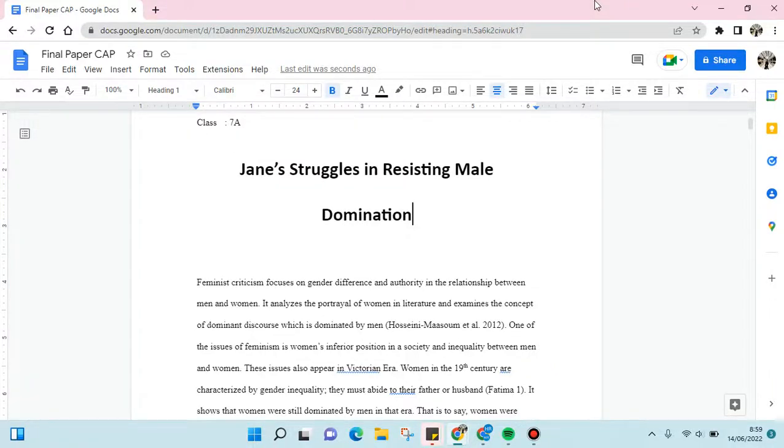On today's video, I'm going to show you how to add a table of contents in your Google Docs file. So here I've already opened my Google Docs file, and if you want to add a table of contents,